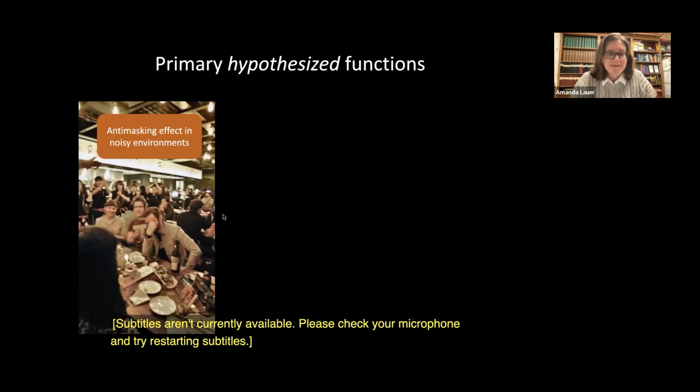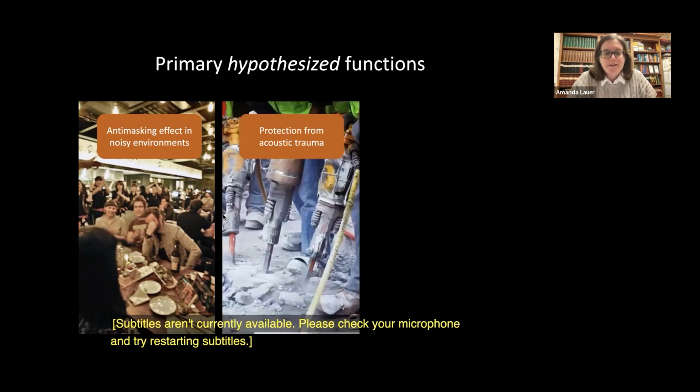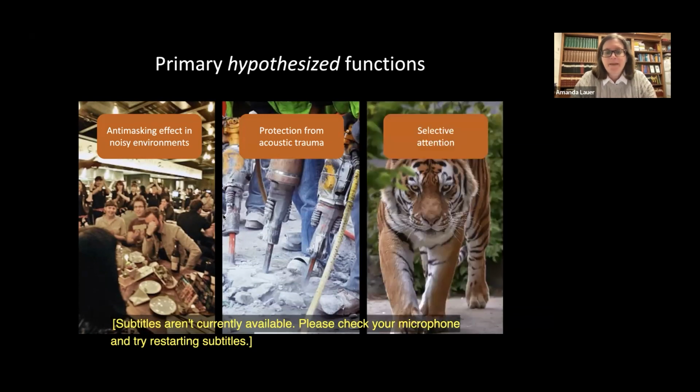One is this anti-masking effect, like I just described with a tone, meaning that you're suppressing the background noise response, which makes any sort of transient non-background noise signal pop out, right? And it makes it easier to hear in a noisy environment. Another thing is that because you're suppressing that response to the noise, this can be actually protective against chronic noise exposure, chronic acoustic trauma.